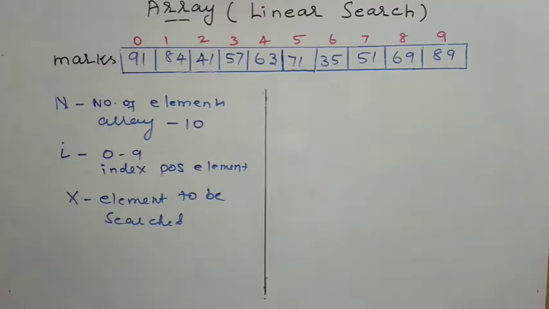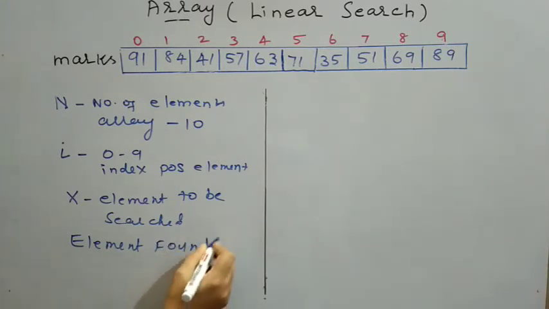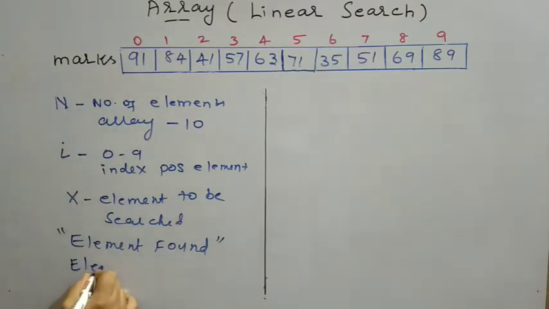Here I am not going to use any output variable, since I am going to print a message: "element found" if I find the element. If I do not find the element, I will print the message "element not found". So I don't need exclusive variables to store these messages; the message will be printed as such. With the array, I am going to use these three variables as input variables.